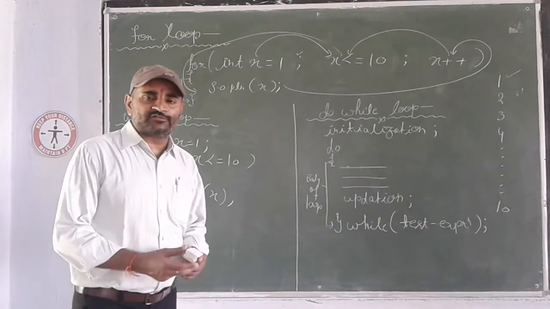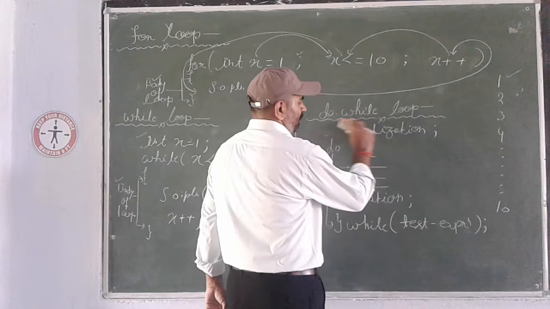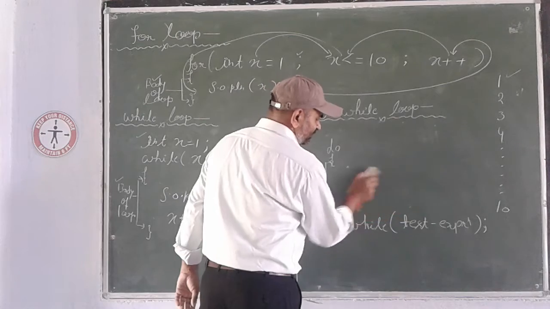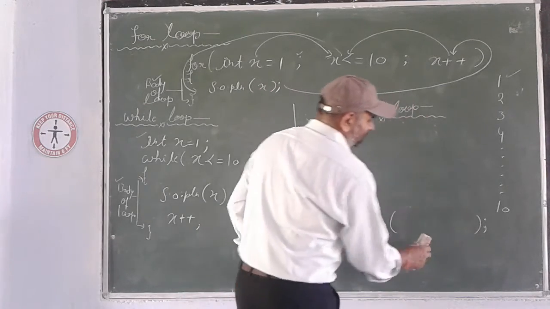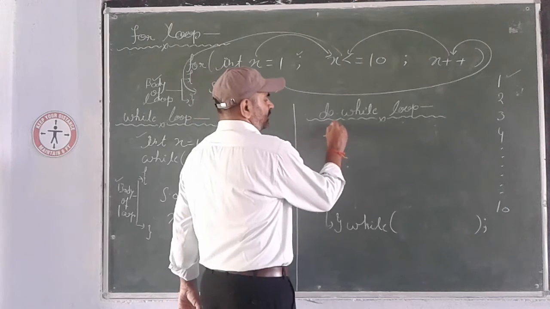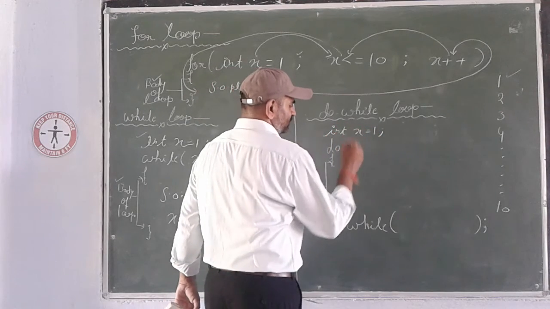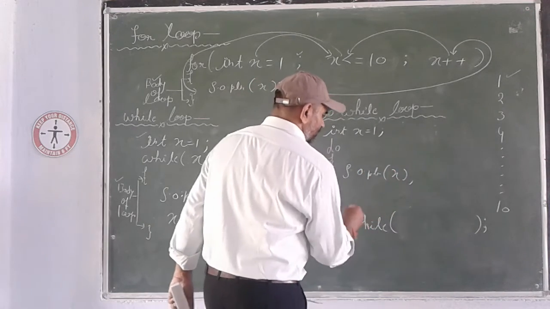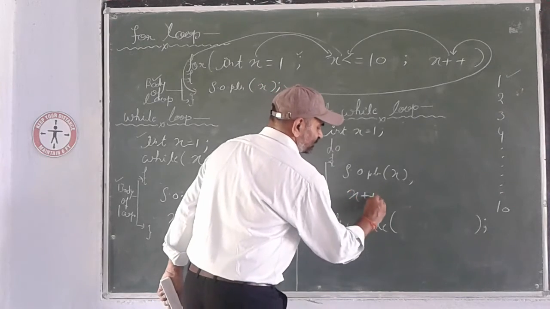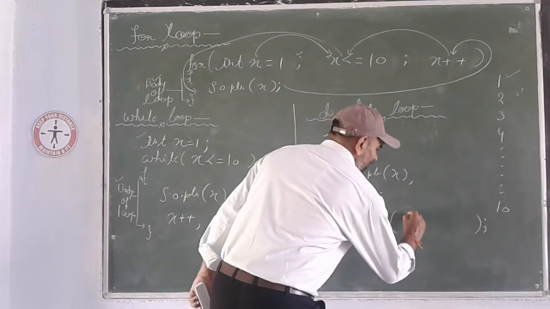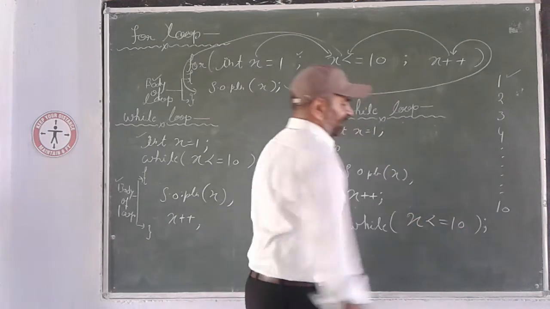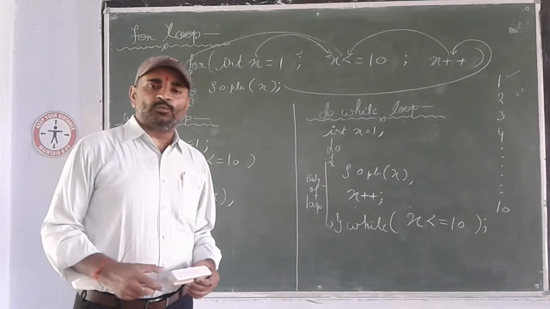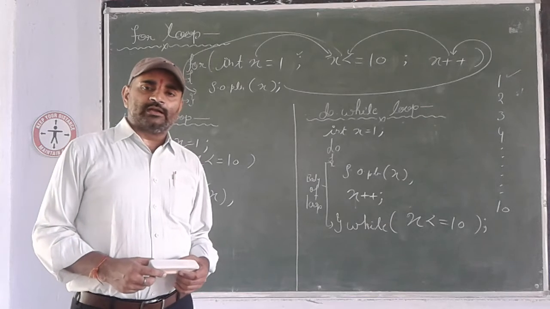In the do while loop, what kind of changes can we make? Very simple. All components you know, what is the place of initialization, updation, test expression. So here you just have to write int x = 1, System.out.println(x) and here x++ updation is given, and in the condition we write x <= 10. So in this way we can define the loop, whether while, for or do while.